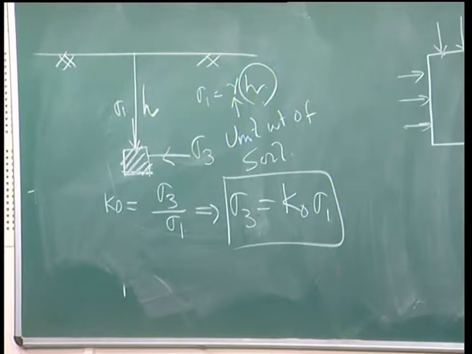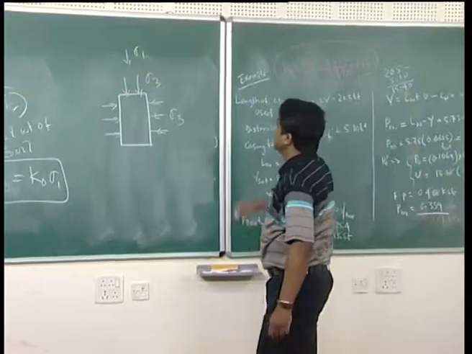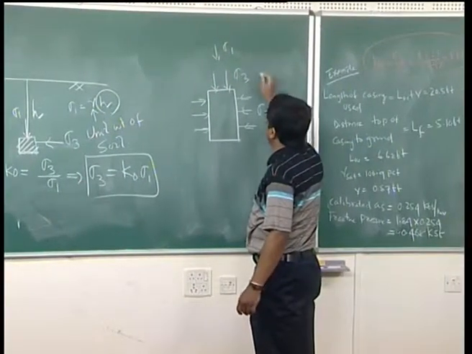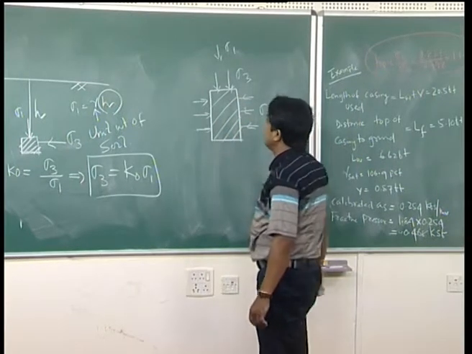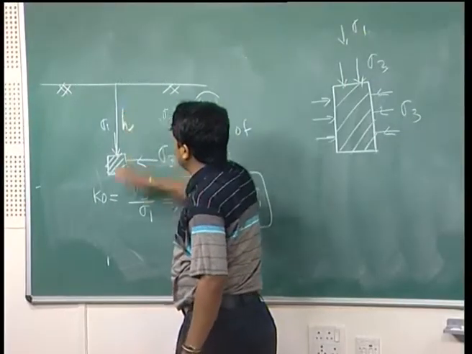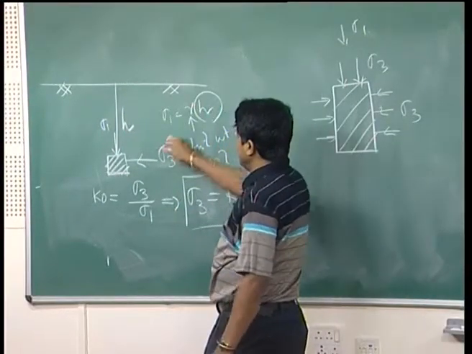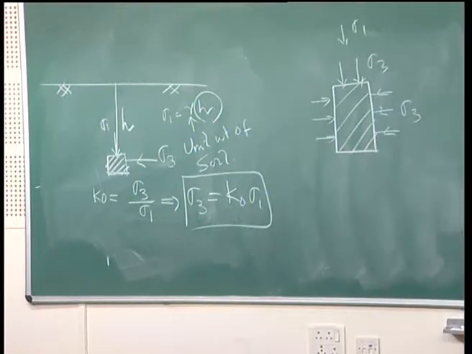Similarly for rock, if it is soil, suppose there is a rock, similarly for the triaxial test, to know the C and phi parameters, soil as well as rock, you have to go for your triaxial test. You have to find what is the overburden pressure sigma 1, and also you have to set the value of sigma 3. In that case you need to know the value of K0. If you have your field test and know K0, then you can easily find the value of sigma 3.